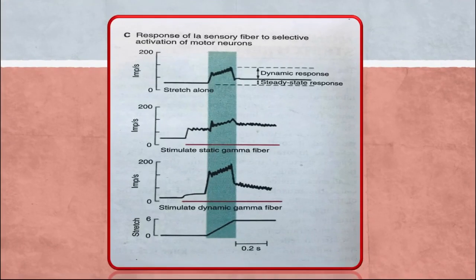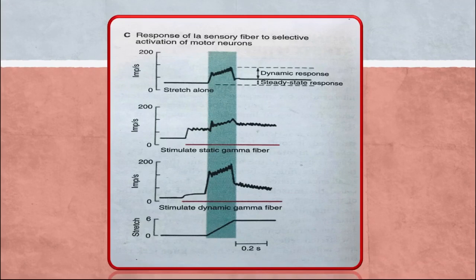So, in the last segment, we were in the middle of this static and dynamic complex, right. What we have learned from the previous segment is that one afferent fiber from the muscle spindle involves both dynamic and static response, right. I guess it's clear up to this part, like 1A is involved in both the dynamic and static response.